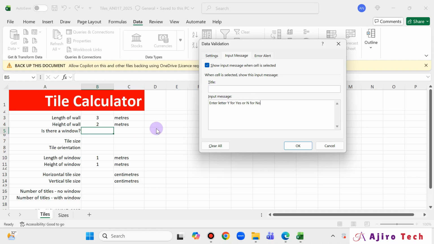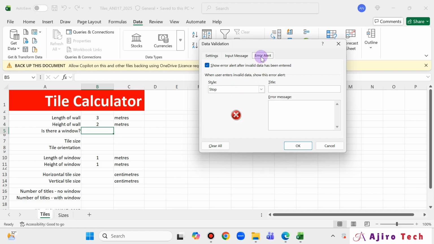Now, what if I want to add a title here? We already have a title here, so I can just add this: Is there a window in the wall? Okay, so let me do this. Now again, they said to put appropriate text for the user. So if they put Y, it should show this. If they put N, it should show this. But if they put something else, we should have an error alert